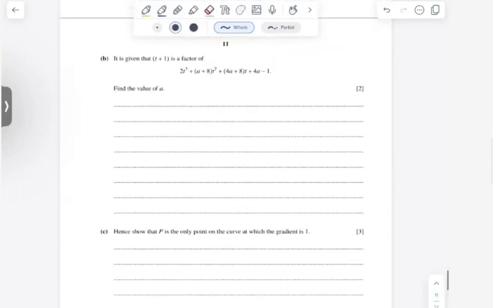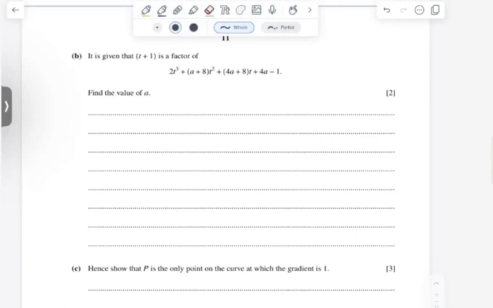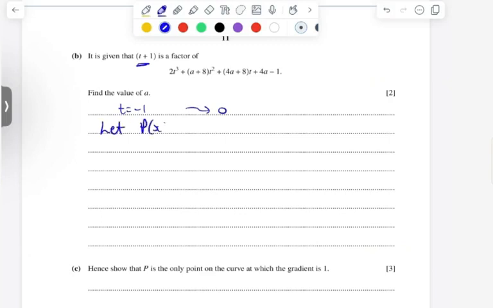Okay, all right, this is interesting. It is given that t plus 1 is a factor. Okay, so we are now into polynomials. If t plus 1 is a factor, that means if I plug in t equals minus 1, my answer should be 0 because it's a factor. Okay, let's try it. Find the value of a. So I'm going to say let p of x